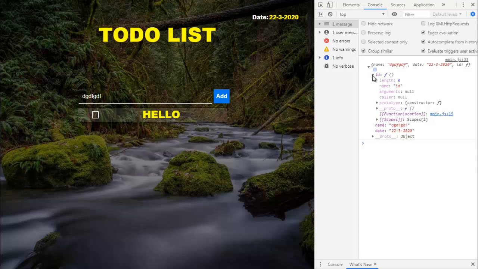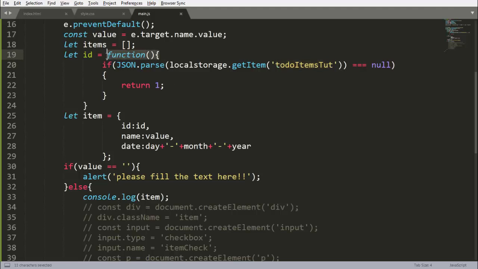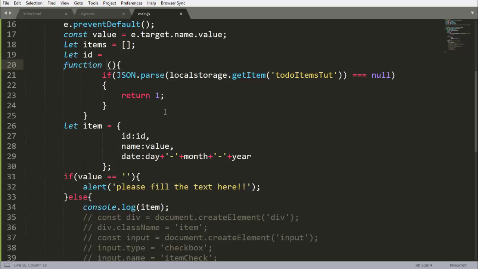So why are we getting a function here? Because we typed a function here, that's why. So what is the solution? Simply write another function here, function ID, capital I. That function I will call here, so that will return the value 1.